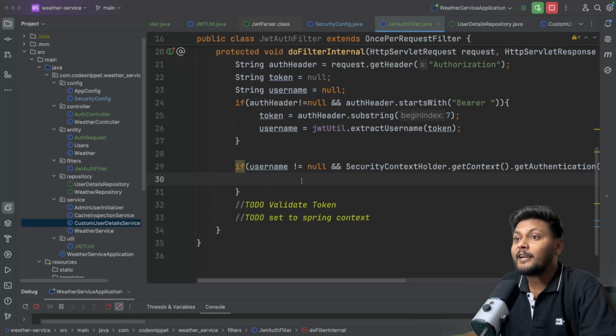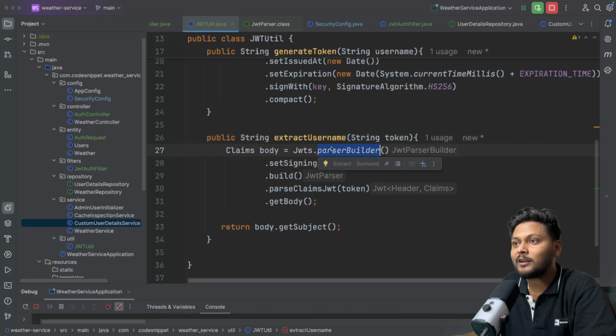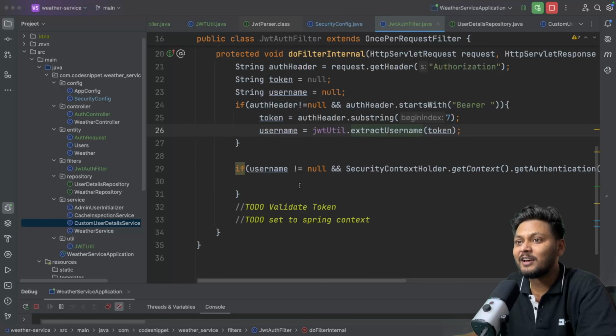Now we want to validate the token, right? Now when we extract the username from this particular JWT's parser builder, we are setting this particular signing key, right? And once we parse that particular token, if this signing key does not match, this will throw an error that you have an invalid token, right? So our token verification is already done in one way, when we are fetching this username. But we want to do extra verification